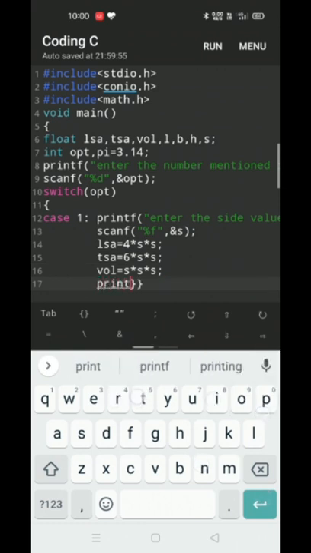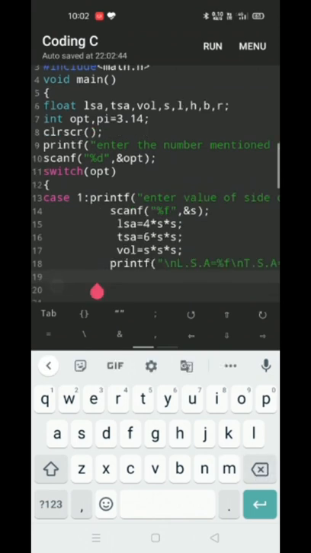And then we need to display all these outputs to the user. After printf, we need to write the break statement, which represents the end of the case.